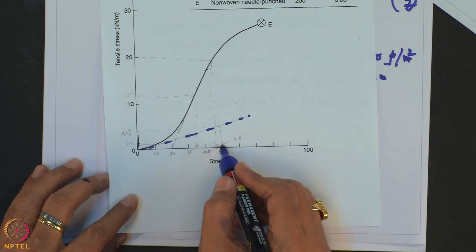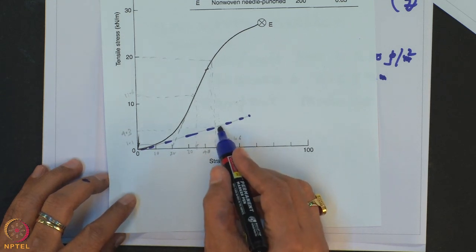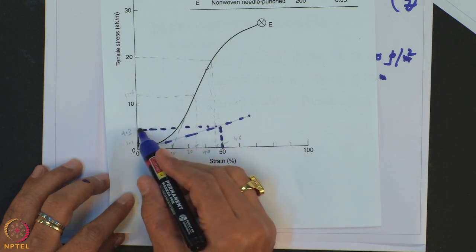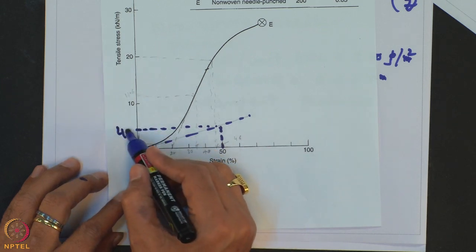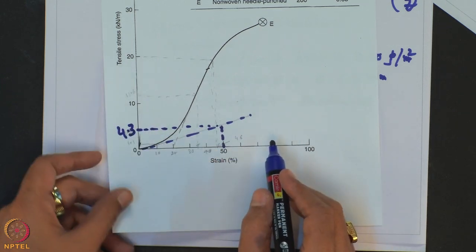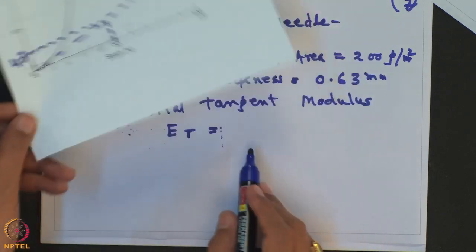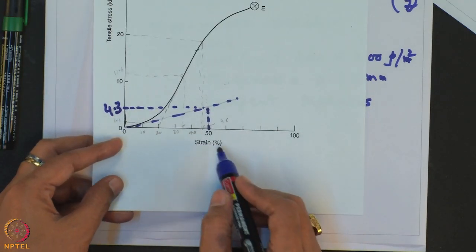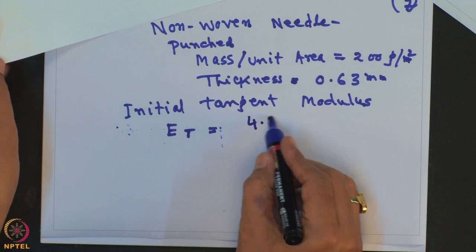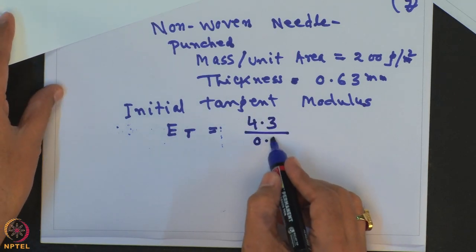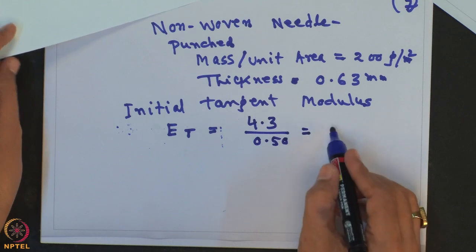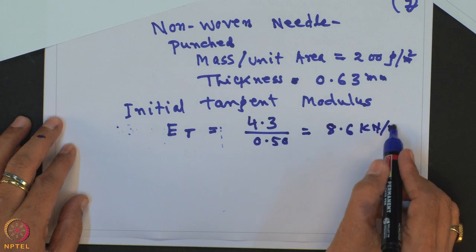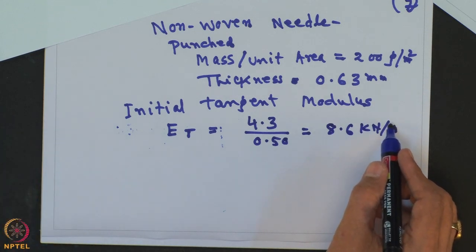And let us say for the 50% strain value, the corresponding stress, let us say 4.3. So, what will be the initial tangent modulus value? That means 4.3 by 50%, that means 4.3 divided by 0.50. So, this will give you 8.6 kilonewton per meter, or